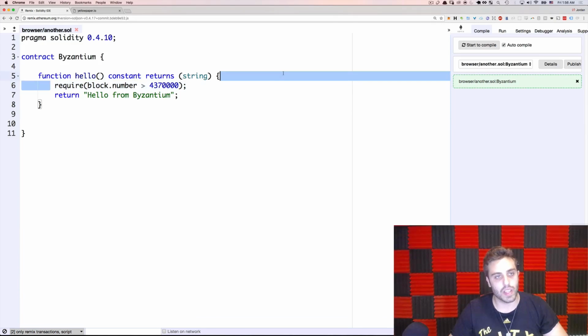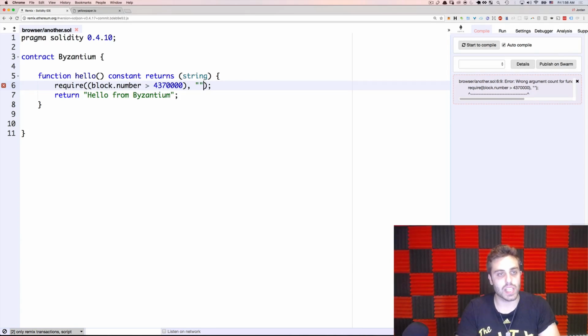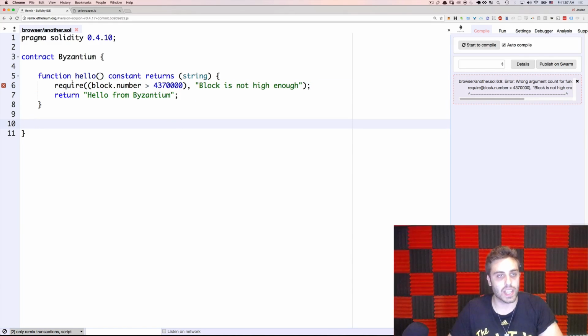They're just going to deal with something like Solidity. And Solidity will eventually, it does not right now, by the way, you won't be able to use error messages once Byzantium launches, but in the next version of Solidity that's going to come hopefully soon, I think you'll be able to do something like this. So you'll have a statement like require, and then you can have some sort of truthy test, and then you'll have some sort of error message like "block is not high enough." And you'll have some sort of syntax like this that will basically leverage those opcodes and let you have error messages should some sort of condition fail.